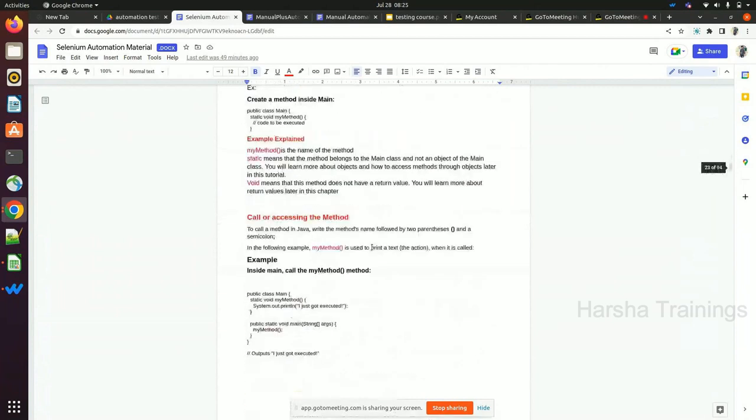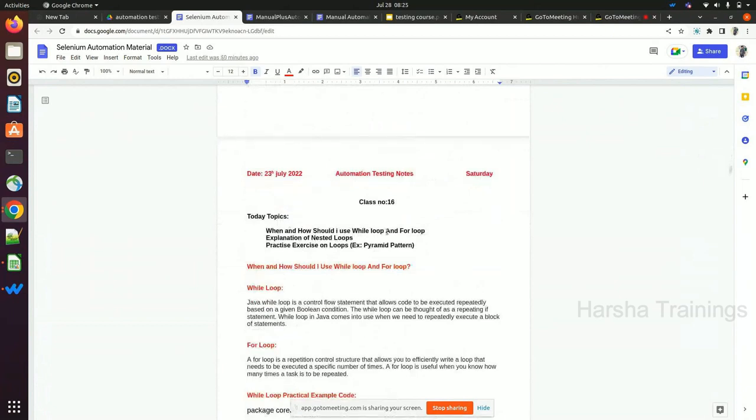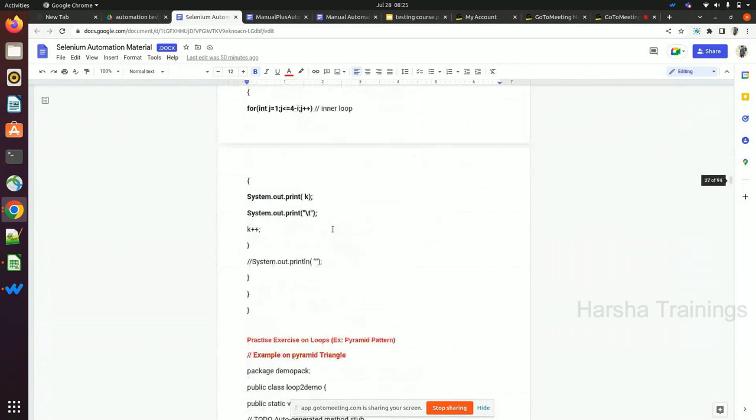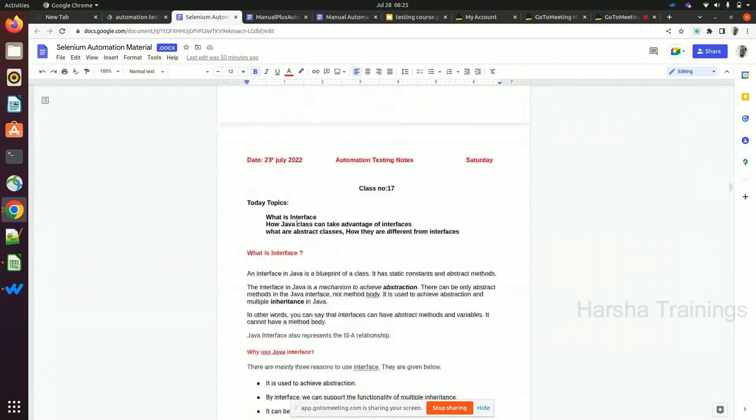And when and how should I use while loop and for loop, explanation of nested loops and a practice session on it. And later interface, and how a Java class can take advantage of an interface, what are abstract classes and how they are different